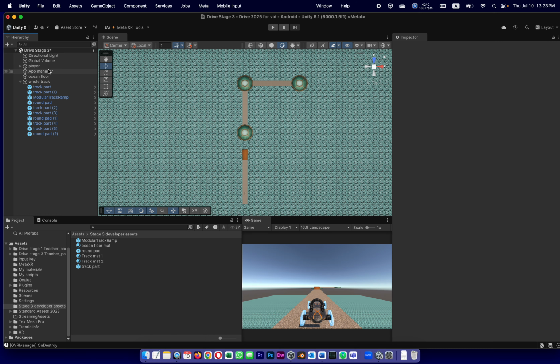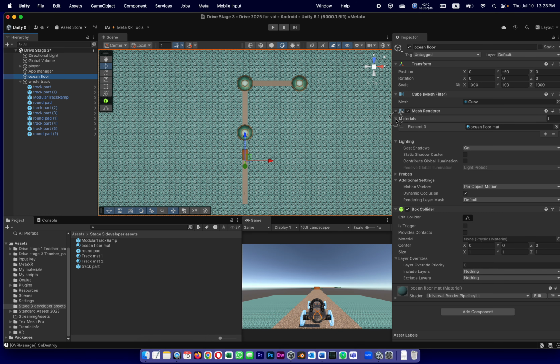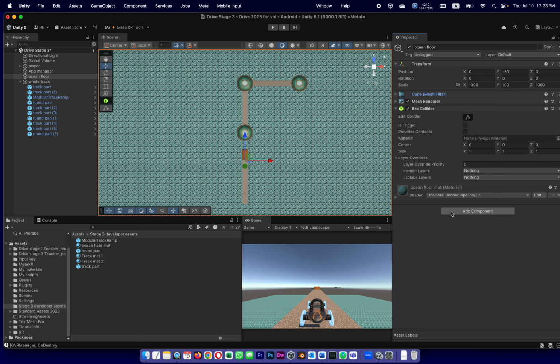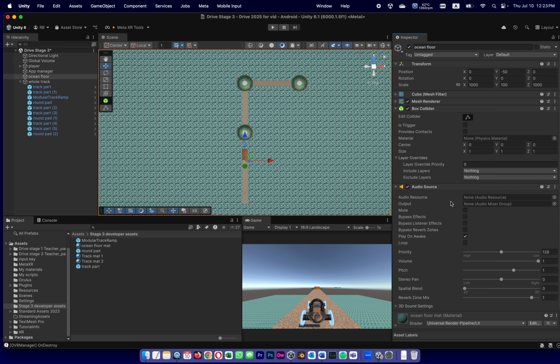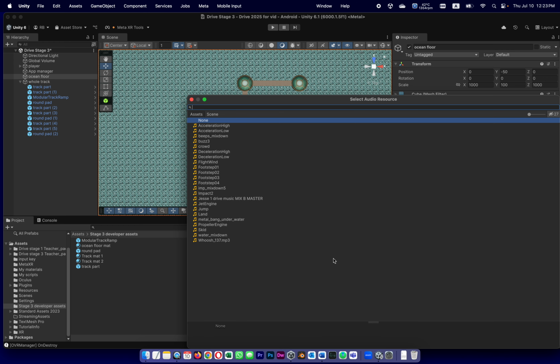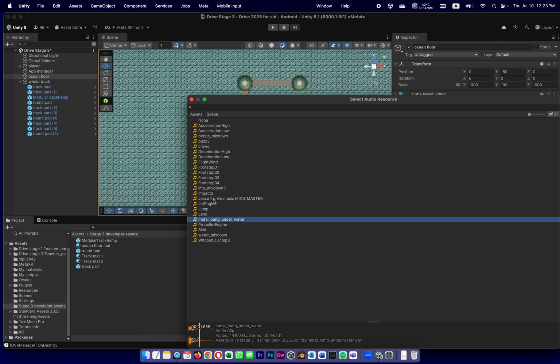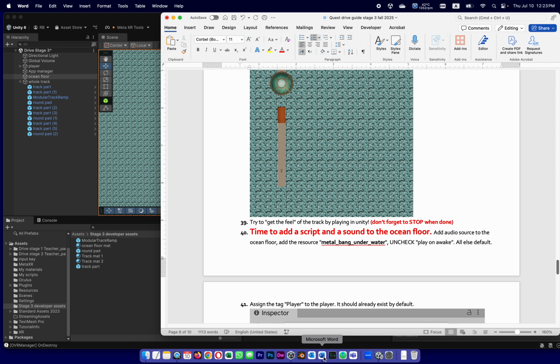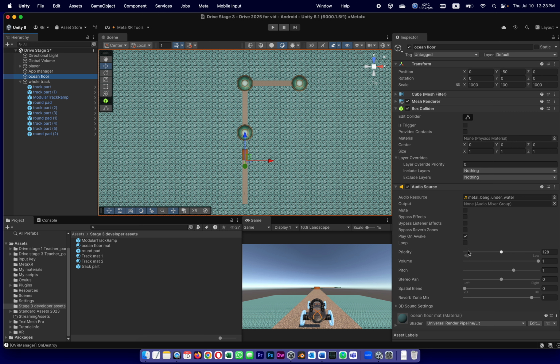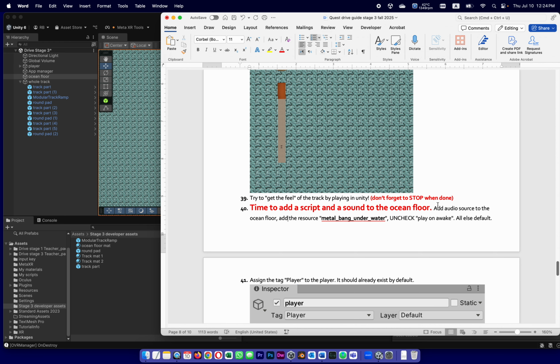So I'm going to the ocean floor and saying you're going to have a sound. So unfolding what I got already, add component audio source. The audio resource I'm going to add is the Metal Bang Underwater. That's what it sounds like. Let's see, is that the one? Uncheck Play on Awake, because it's not going to play it as soon as we play the game. It's going to wait for a script to wake it up. And before we stop this part,